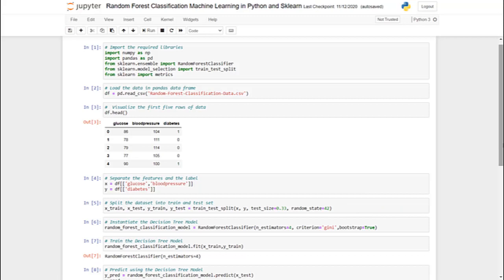This is for preparing the training and testing data. In cell 6, we are creating the model instance by the random forest classifier class imported from sklearn. In cell 7, we are training the random forest classification model. Note that for training, we are using the fit method and passing xtrain and ytrain as parameters.